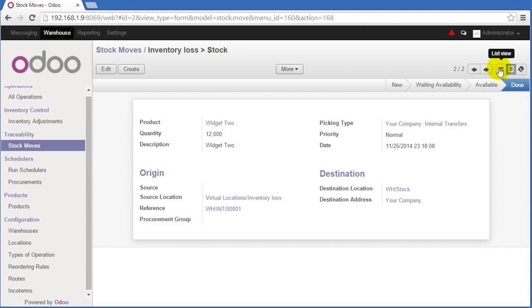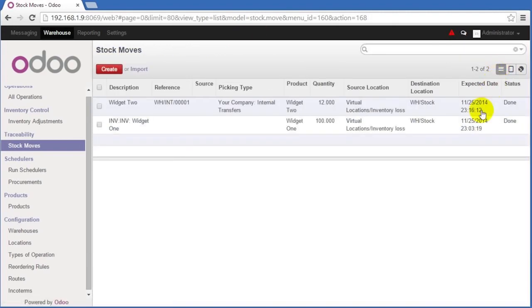And if I click the list view here, we're going to notice similarities. It did generate a reference number when it didn't before, and it looks like they left the picking type blank. So they didn't use an internal picking type like I did. Instead, they just left it blank. But that's okay. It's not going to change the fact that the most important thing here is that our source location and our destination location